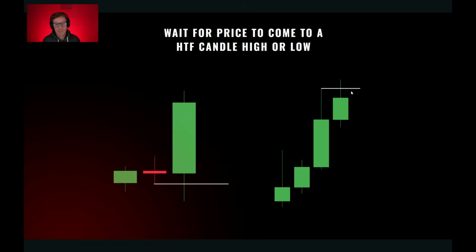In this example, I've marked out the previous higher time frame candle low and high. You can see as price comes into that area and fails to displace, this is where I want to look for an entry. In this bearish example, price is going up and then comes up to this previous candle high. You can see it's finding resistance at that level,